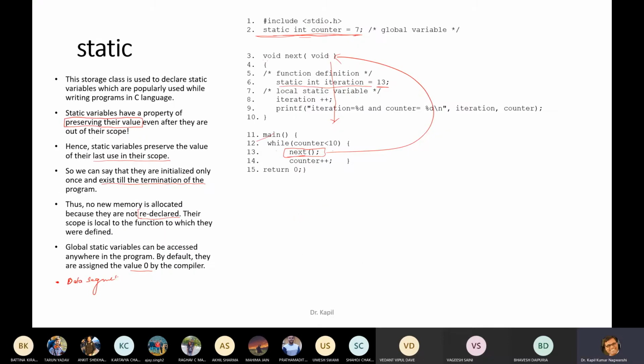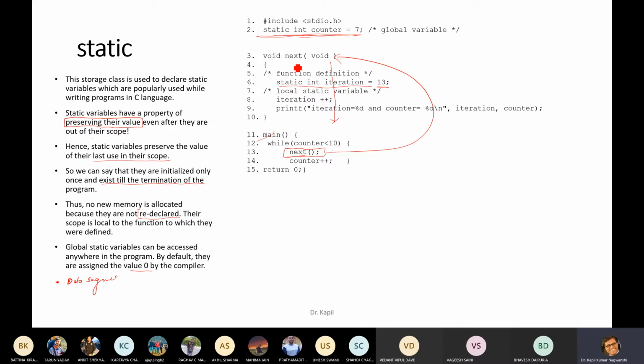Now come to static variable. Static is another storage class and it is used to declare static variables, which are popularly used while writing programs in C language. Okay, so this is a function, next function, and here it is using the static variable. So I will show you by example.